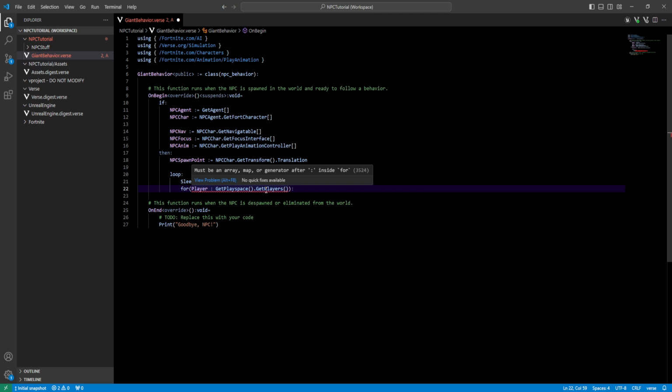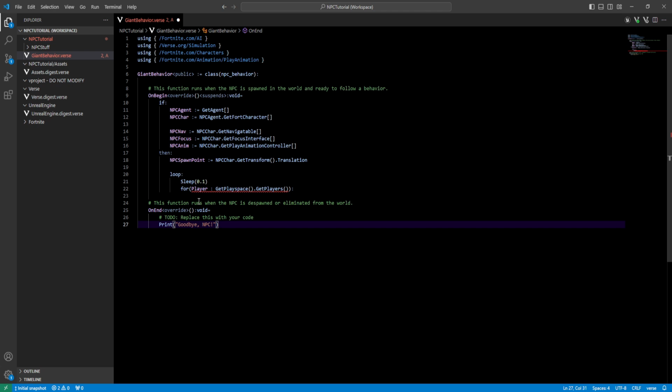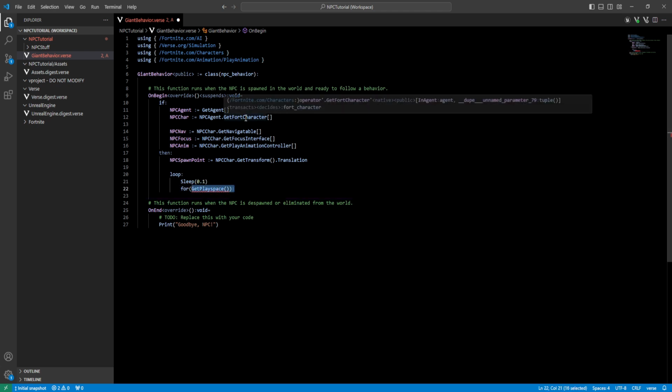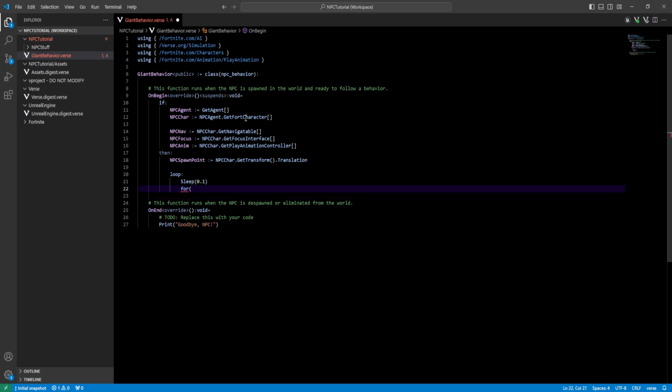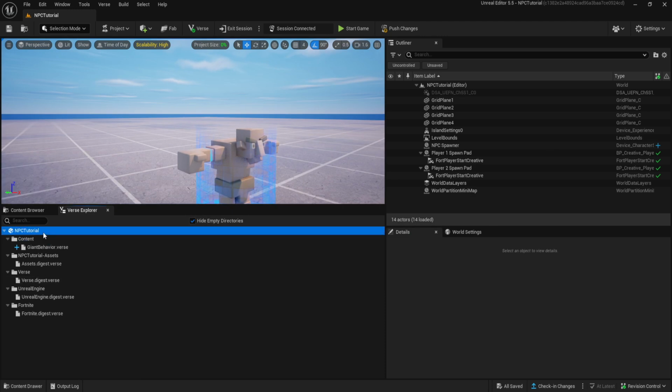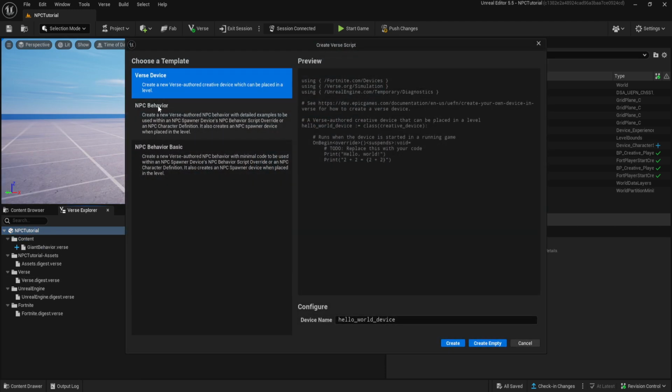This doesn't work. The reason for this is because you can actually not use get play space in the giant behavior. See if we just try this, you'll see unknown identifier. So the best solution I found for this is to actually make a new device. So we're going to go back to our content and we're going to right click and add a new Verse file. This is going to be a normal Verse device and we're going to call this something like, let's say, behavior helper,